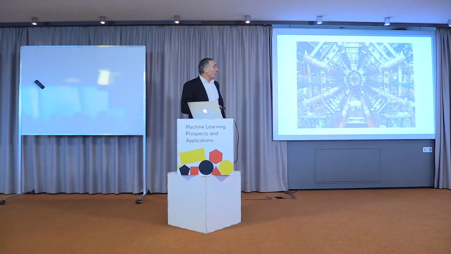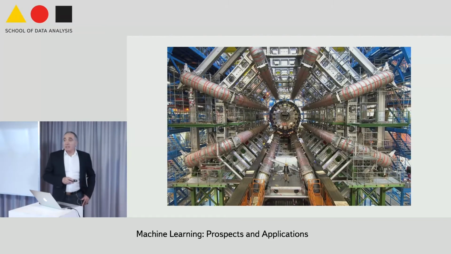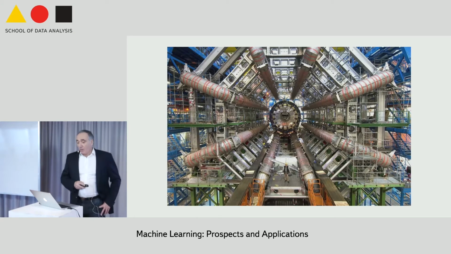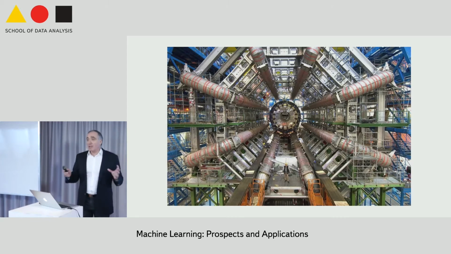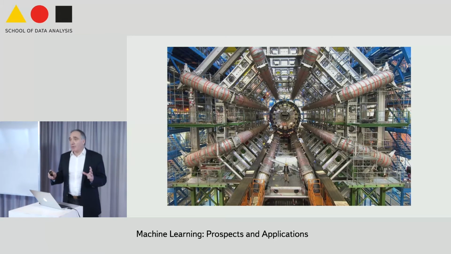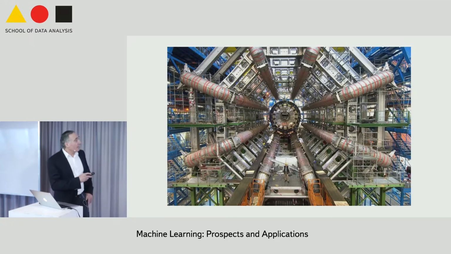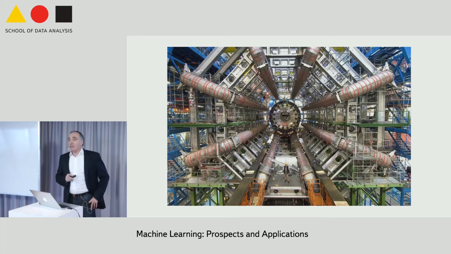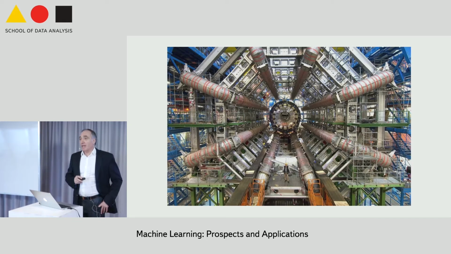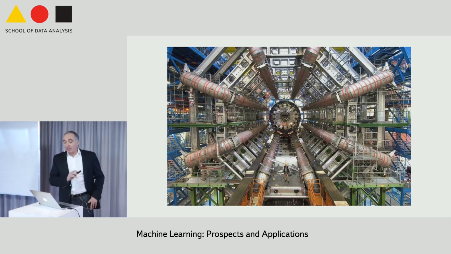And this is the Large Hadron Collider at CERN in Switzerland, where you accelerate protons to a speed close to the speed of light, and you smash them together. It produces a shower of derived particles that hits 100 million detectors around the collision points. And these collisions occur on a nanosecond scale. So this machine produces 1 petabyte of data per second. A petabyte is just a gigantic amount of data. In fact, you cannot store it. Most of it you have to throw away, and it's a big problem.